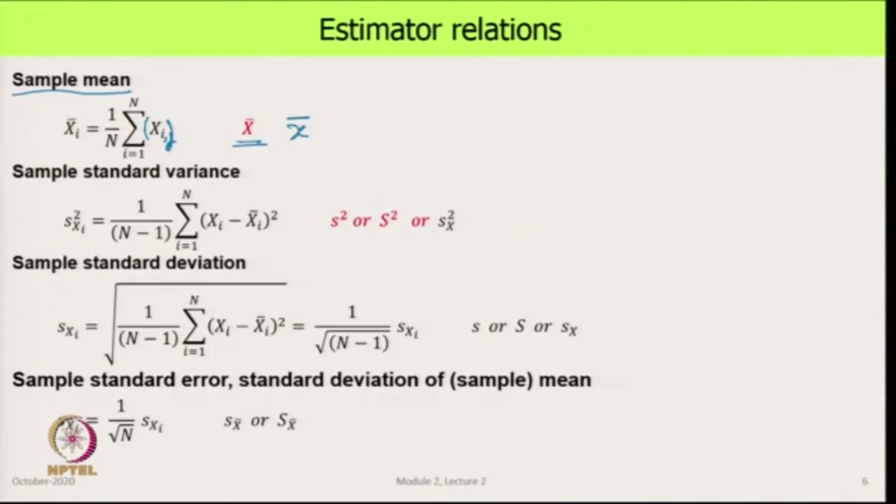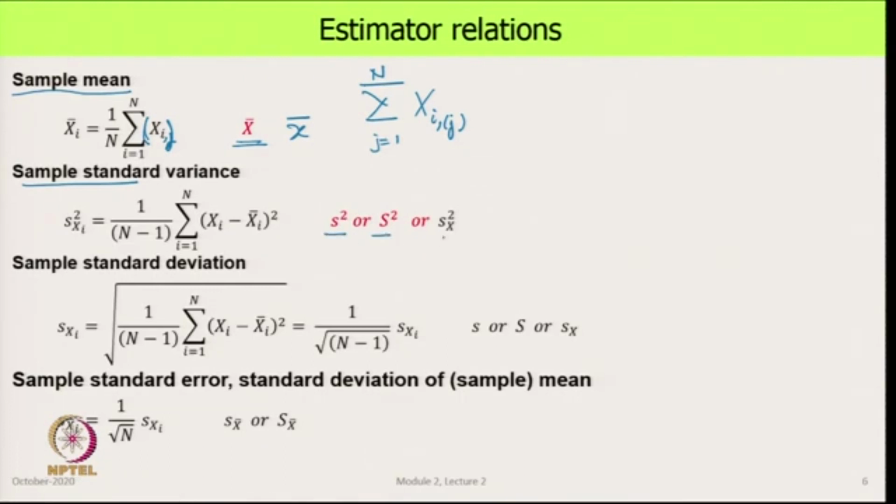This is a little confusing here, because x I we have already used for a particular parameter. We could use x I with one more descriptor, we can call it say j, going from 1 to n. So, this is x I j. The sample variance s square of x I is 1 upon n minus 1 times the sum of x I j minus x I bar square, for all the values there.